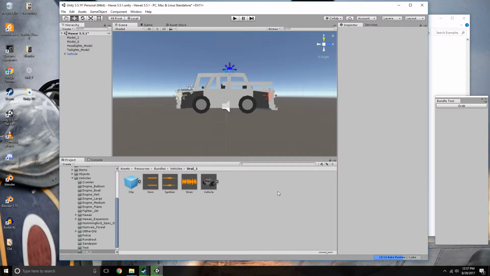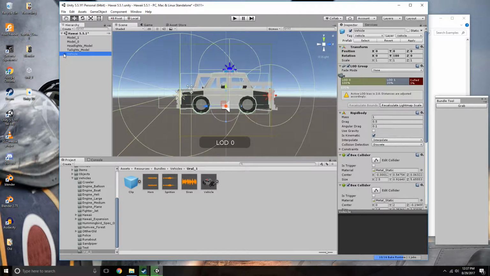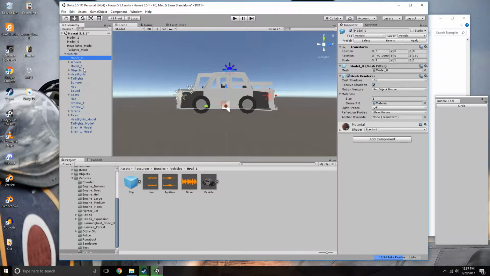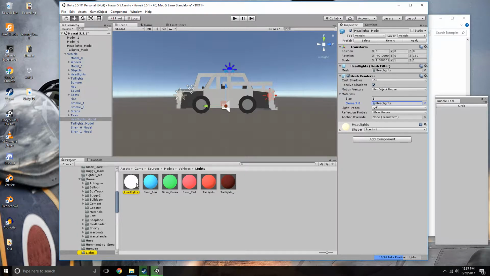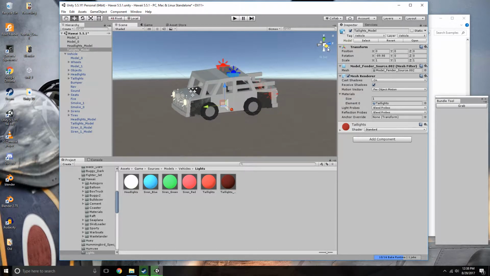Okay, all right, so the next step is, you've got the model_0 and the model_1. These are what you made here, and then the headlights and taillights models here. So the easiest thing to do, when working with materials for headlights and taillights, is to just copy the material that is provided for you. So headlights, I'm just going to drag and drop that material in here, and then taillights is this one here, so I'm just going to drag and drop taillights in here, and now our headlights and taillights are the correct colors. As for the vehicle itself,